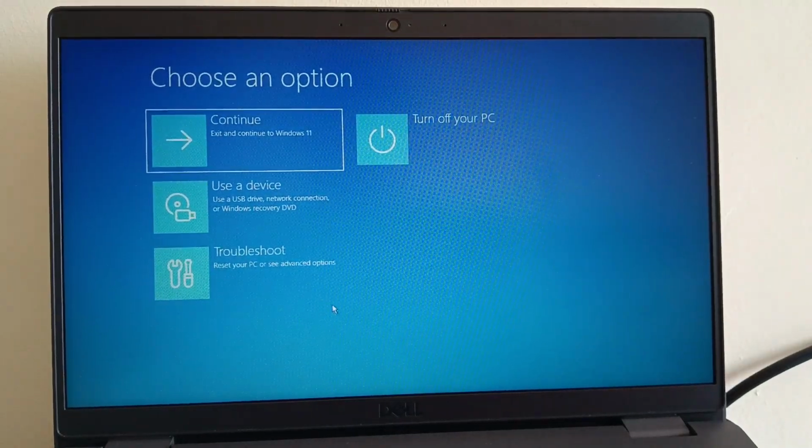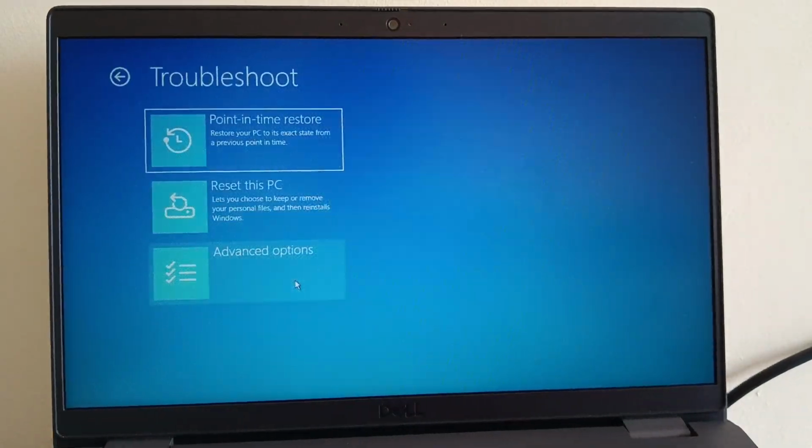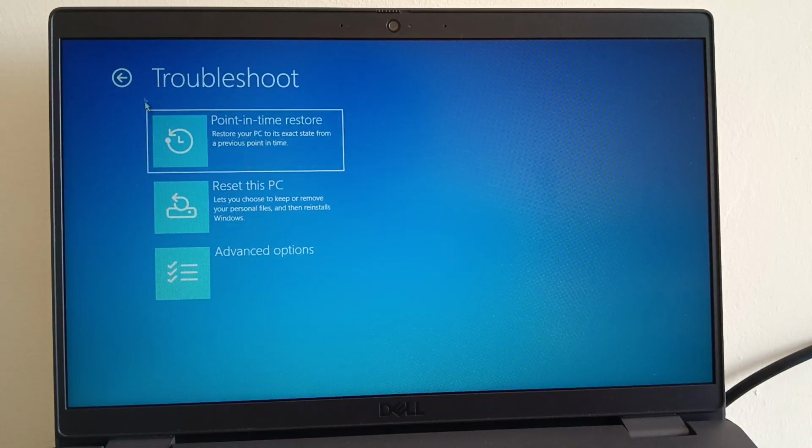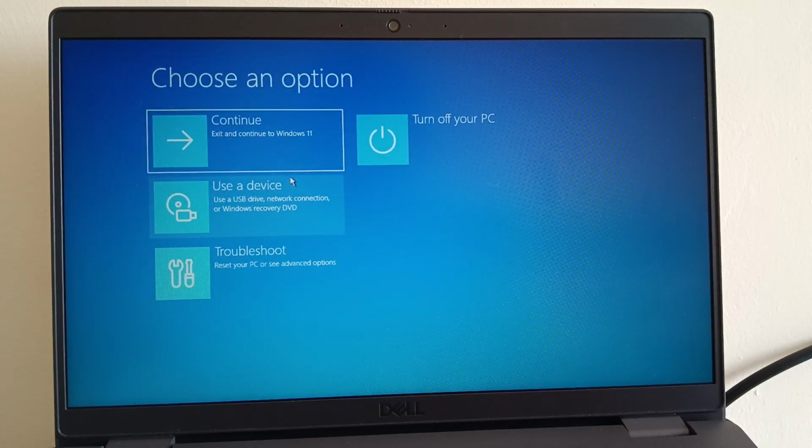After that, you will see the options like this. Click on troubleshoot and then click on reset this PC, and then choose the options according to your need. Keep my files will remove all the installed apps, but will keep your personal data like files and videos. But if you choose remove everything, it will delete all the installed programs as well as the personal files and apps. So you can try this way,